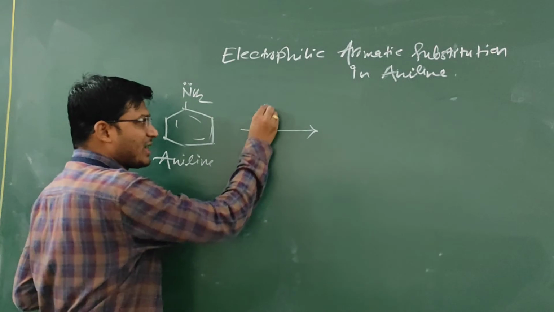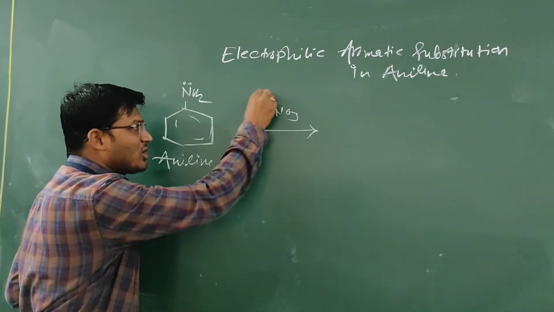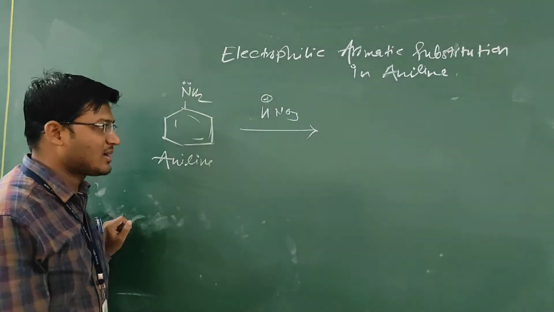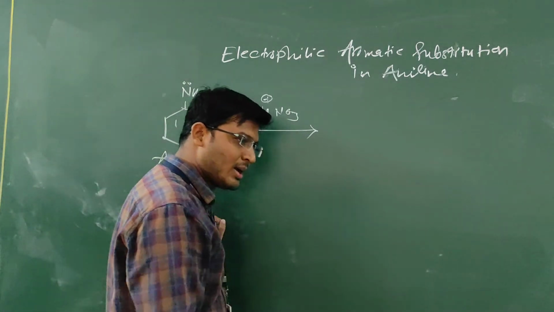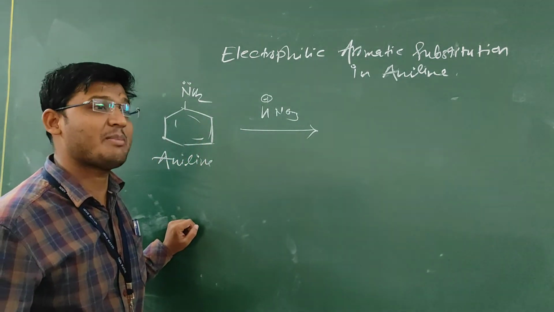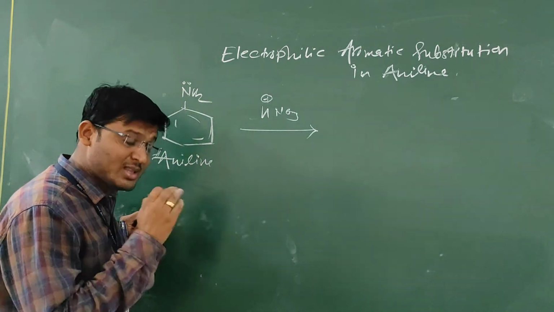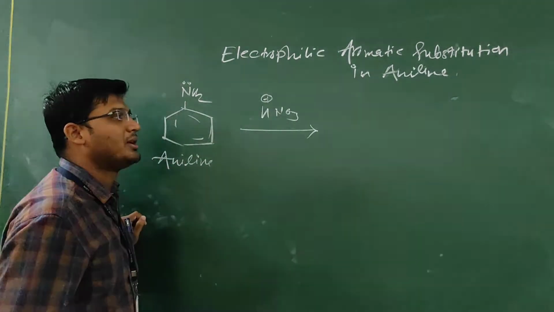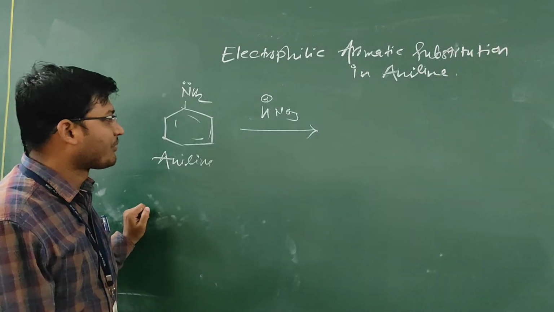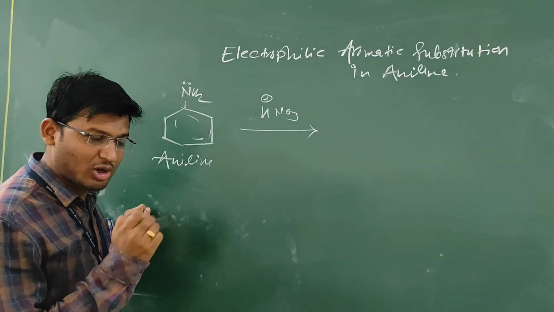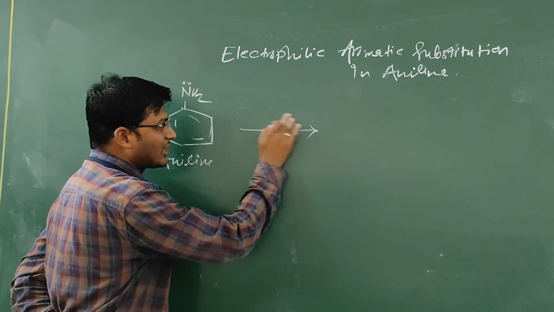When it directly reacts with HNO3, it forms an anilinium ion: the H positive of HNO3 is taken by the lone pair, and it forms an anilinium ion. This anilinium group on the benzene ring acts as electron withdrawing and shows the meta product in some amount. Therefore, the reaction loses its synthetic utility, and we cannot get one of the products in a major amount. Therefore, the nitration cannot take place